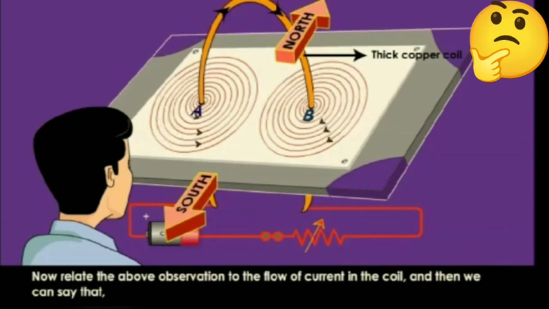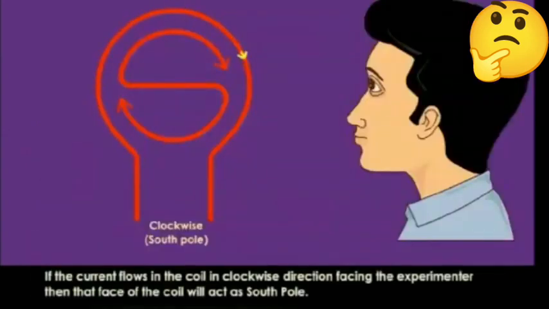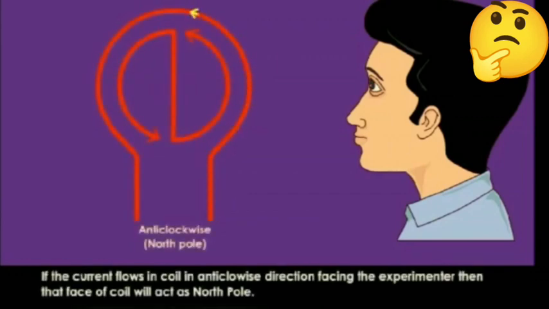Now relate the above observation to the flow of current in the coil, then we can say if the current flows in the coil in clockwise direction facing the experimenter, then the face of the coil will act as a south pole. And if the current flows in the coil in anti-clockwise direction,